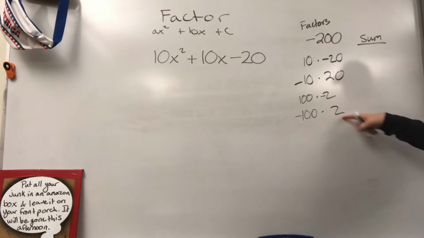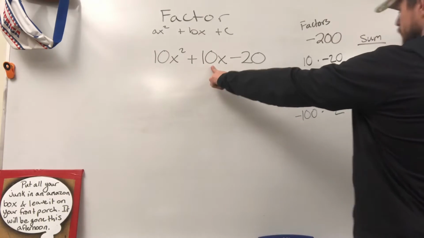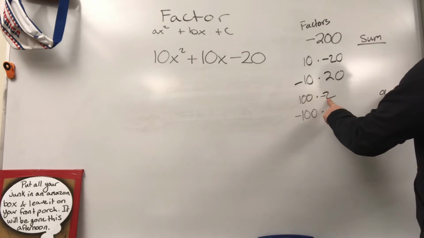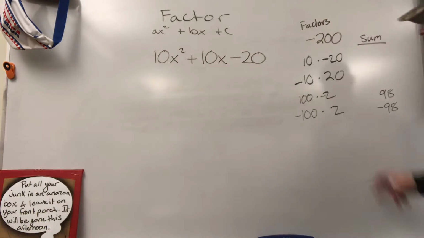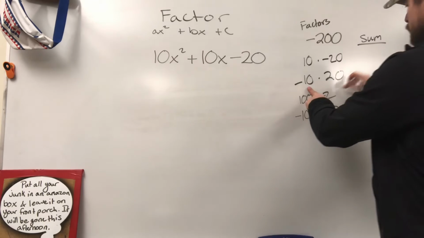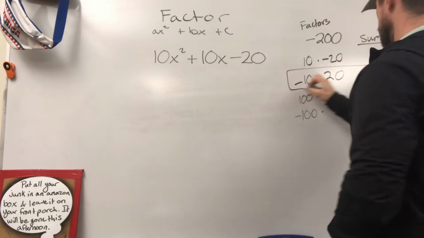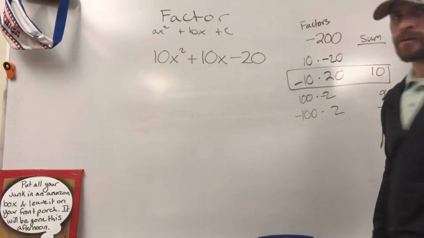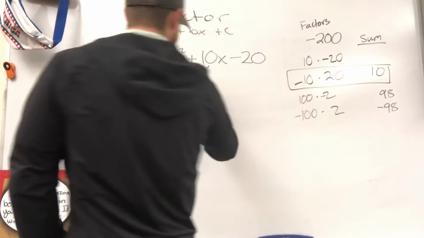So combining these through addition, we're going to get negative 98. It's not what I was hoping to get. Combining these through addition, I'm going to get positive 98. That's not what I was hoping to get. Combining these two through addition, I'm going to get positive 10. That's what I wanted. Okay, so I'm going to be using negative 10 and positive 20 to rewrite the b